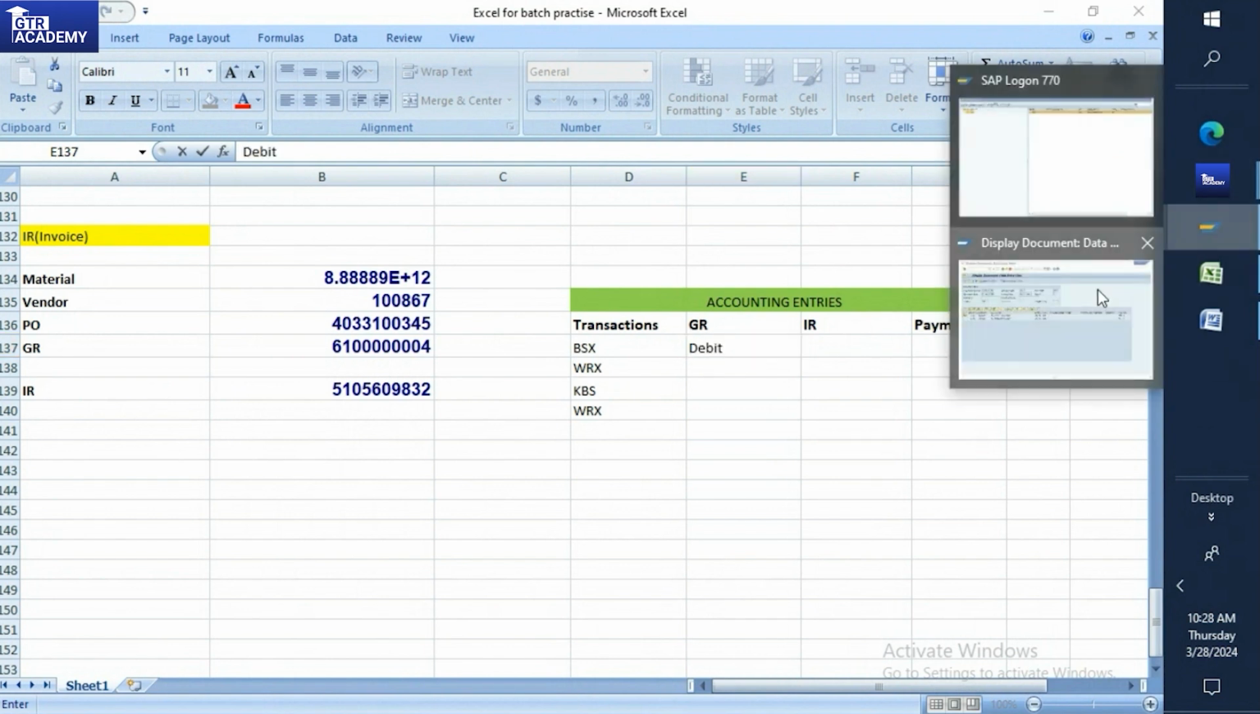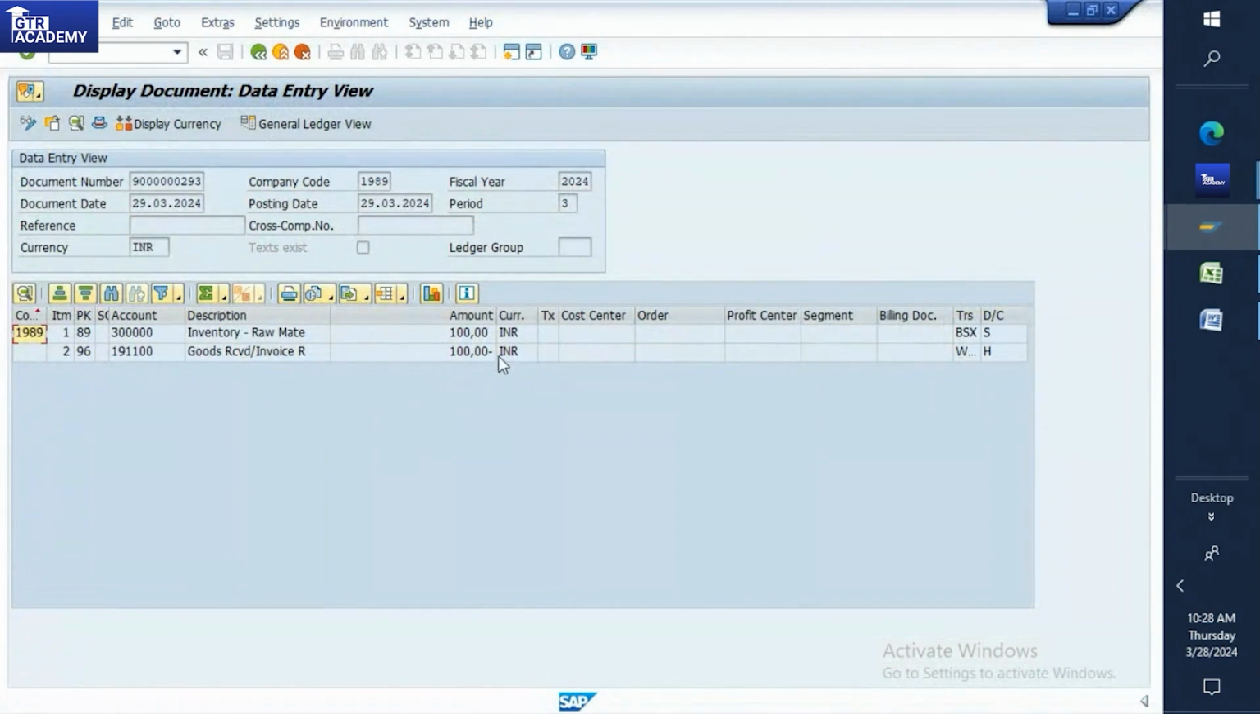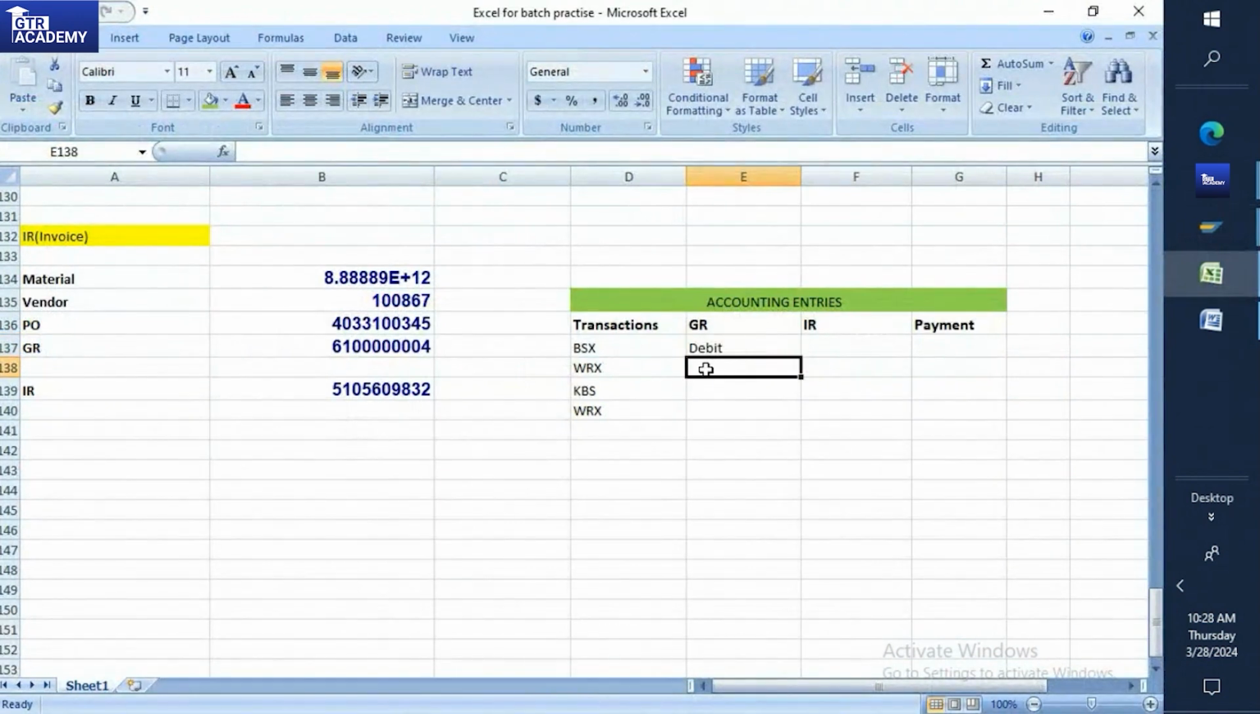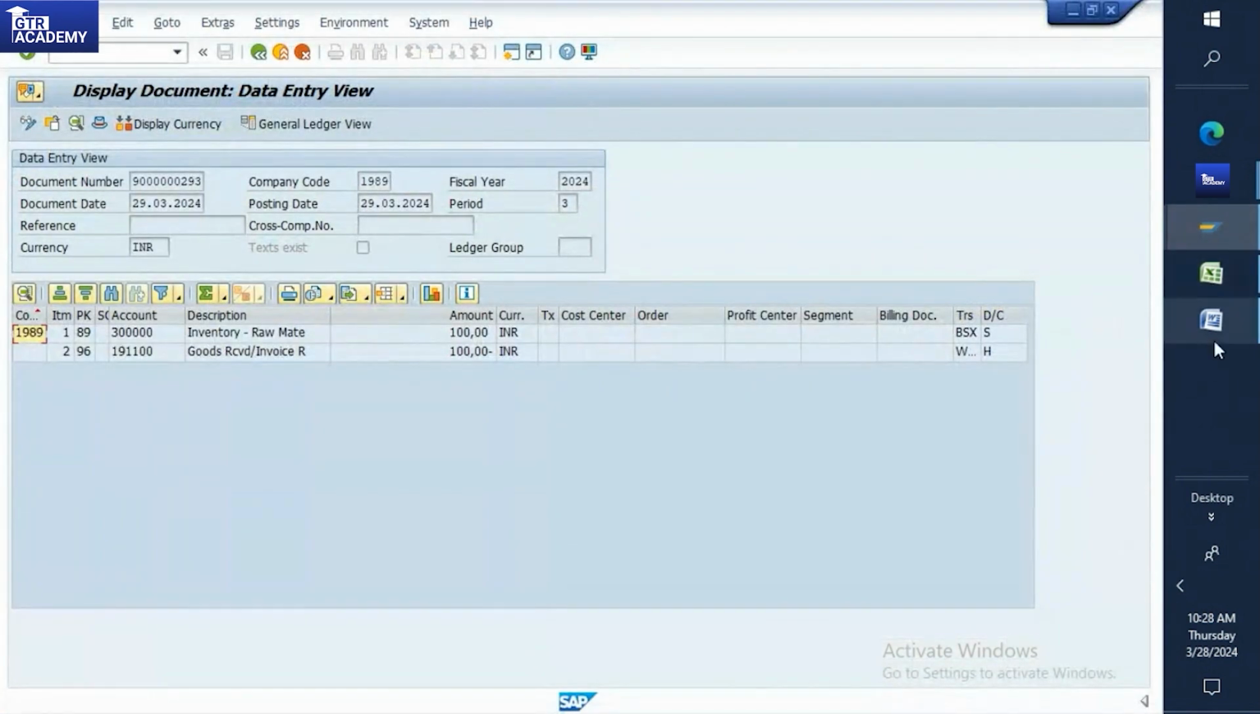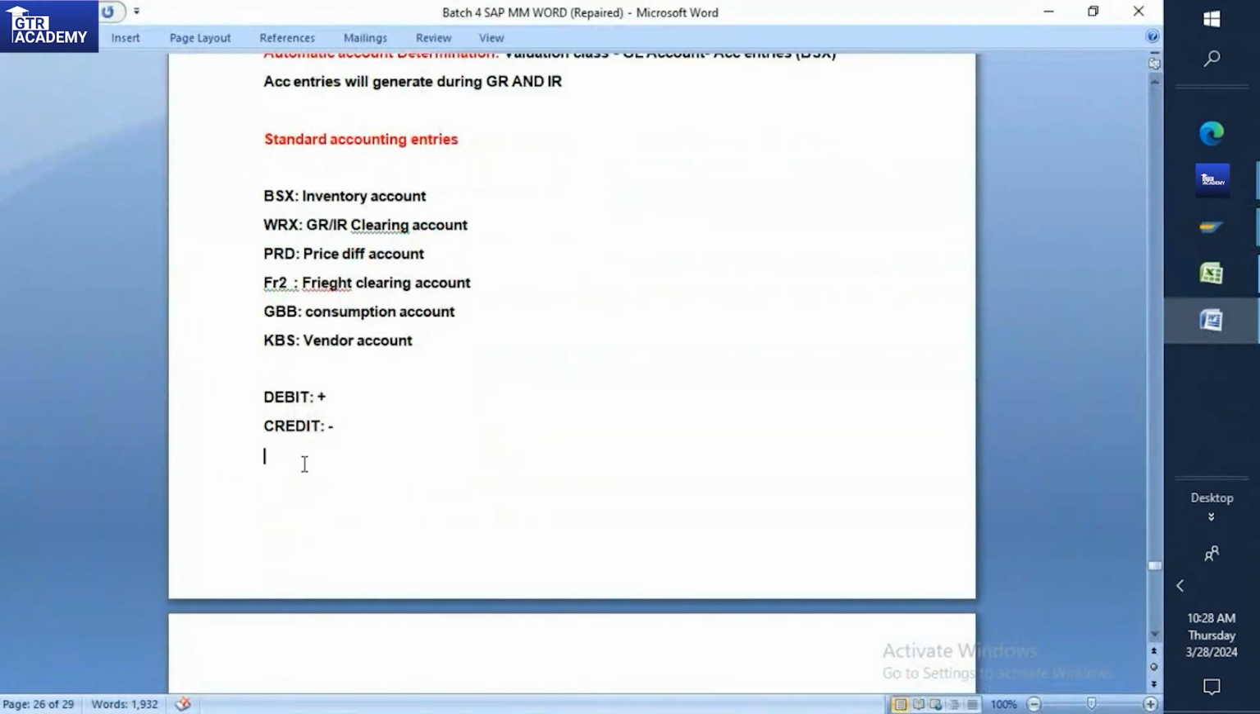WRX. Wait 1 second. So what am I getting? WRX negative, minus. So what do I need to maintain here? Credit. Right. This is while doing the GR. So I'll just tell you what BSX contains, first one. See, BSX is nothing but